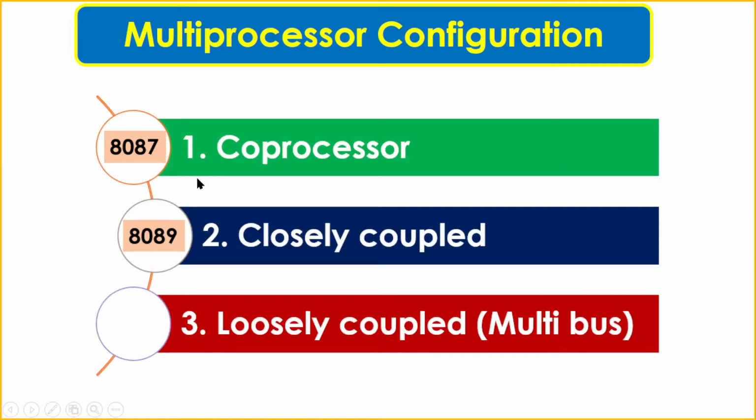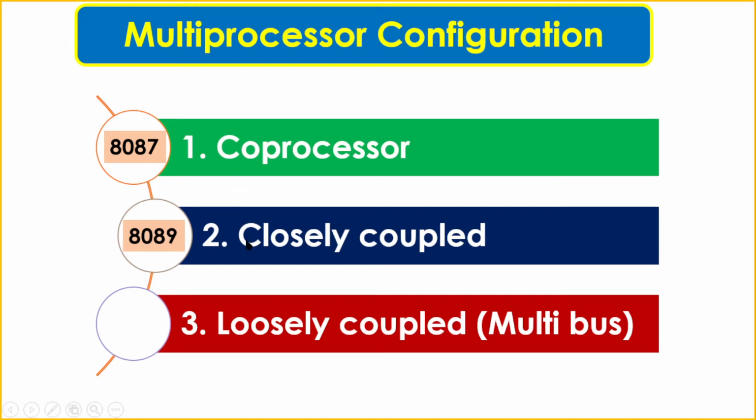The first one is the coprocessor concept. Coprocessor means the 87. It is a numeric processor which will perform floating point calculations. Floating point arithmetic is possible with it because when we want to perform floating point calculations, it's not possible with the 86 processor, because 86 is designed only for integer calculations with the help of binary. Suppose we want to find the area of a circle, 2 pi r. The pi value and r value are in decimal point, and that has to be calculated with the 86 processor. That's where the coprocessor is very useful.